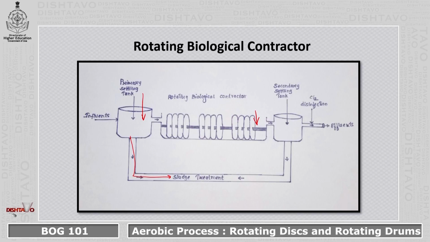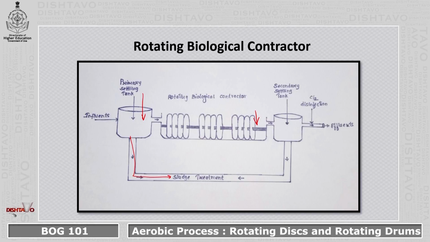These are further absorbed by the biological film and then it increases the girth or thickness of the biological film. Usually the thickness of the biological film has to be 1 to 4 mm. The excess amount of biological film is then removed by a pressure which is exerted on the biological discs, and is then separated into the secondary settling tank.